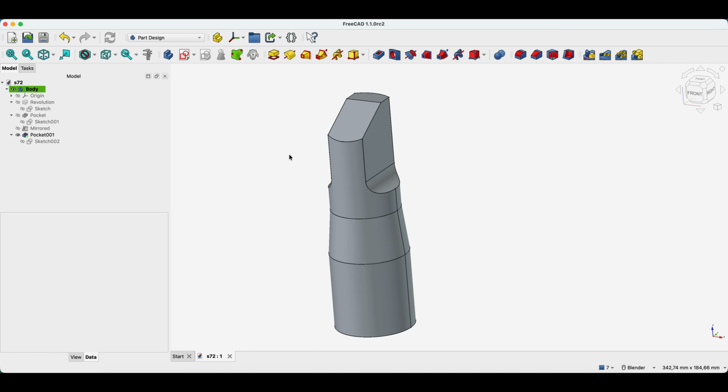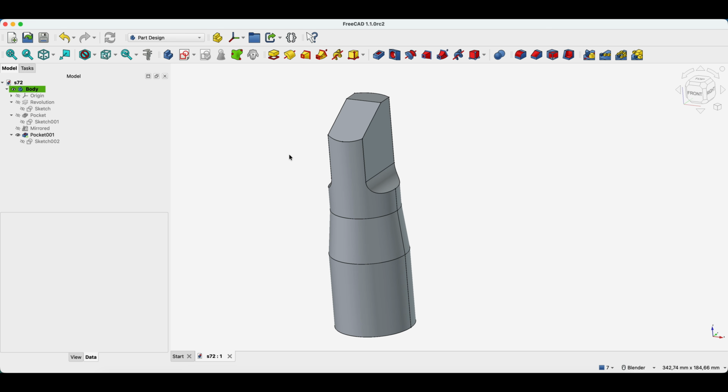FreeCAD is a really nice program with huge capabilities, and it allows you to create 3D models, and most importantly, it is a completely free program that anyone can use. However, FreeCAD is not perfect and there are certain things that don't work very well in this system. And in this video, I will show you how I dealt with the issues that don't work quite well in